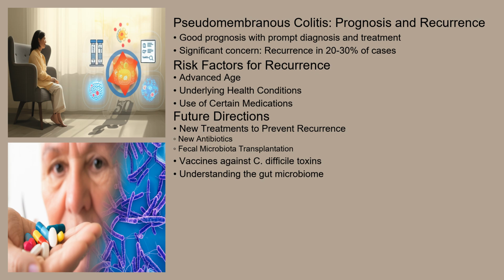Recent research focuses on developing new treatments to prevent recurrence, such as new antibiotics and fecal microbiota transplantation. Scientists are also exploring the use of vaccines against C. difficile toxins to prevent infection in the first place. Understanding the complex interplay between the gut microbiome, antibiotics, and C. difficile is crucial to developing more effective prevention and treatment